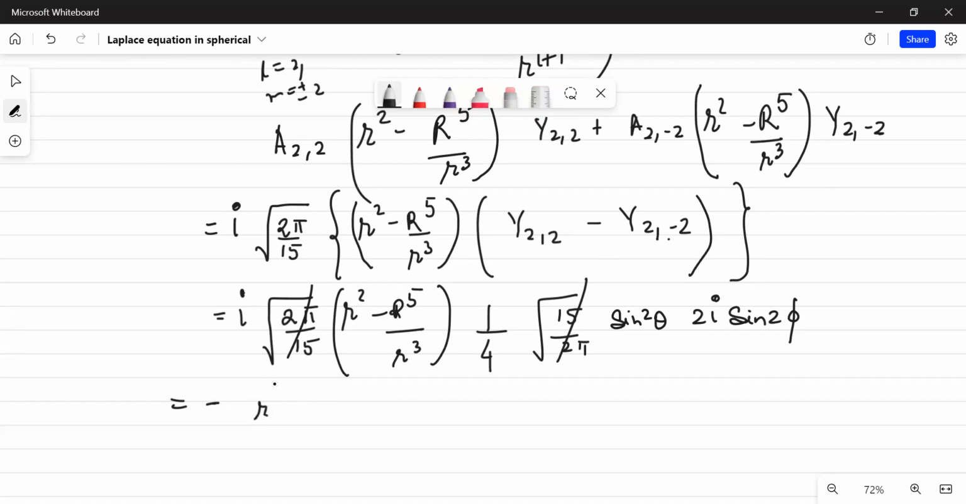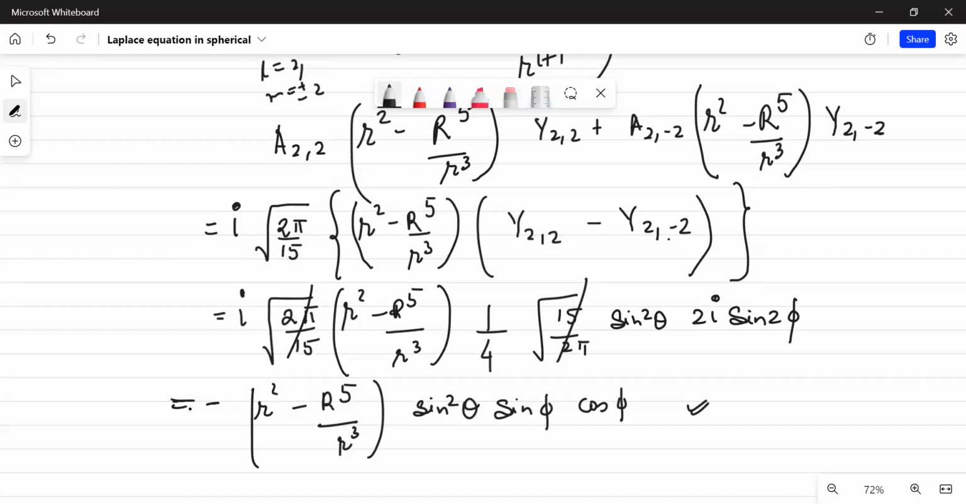So this will be minus r square minus r to the power 5 upon r cube. This entire thing in commonality. 2 will be here. Sine 2 phi divided by 2 will be sine phi cos phi. So this is minus r square minus r to the power 5 upon r cube sine square theta. And then I can simply write sine phi cos phi, because sine 2 phi is 2 sine phi cos phi divided by 2. So overall, this will be my potential in general, because of the presence of a conducting sphere